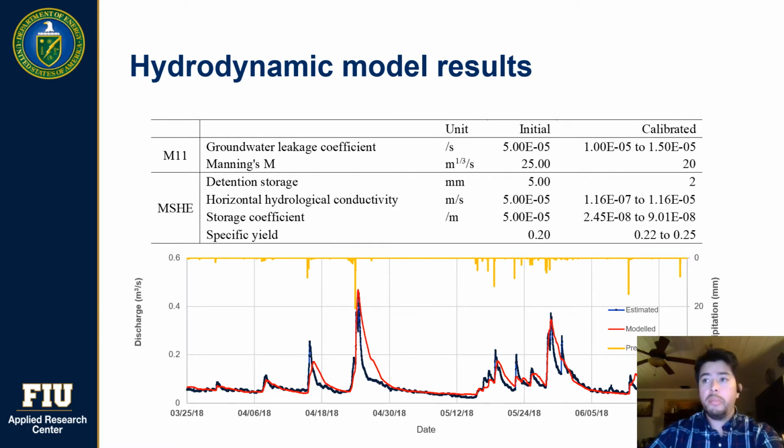Following the model development, we ran a sensitivity analysis to identify the model inputs that are most influential to the outputs. After the model was calibrated, it was able to predict very closely to the observed data, as described here by this hydrograph. At the bottom of the figure, represented in a bar plot, is precipitation distributed by time and magnitude. Meanwhile, the blue line represents the stream flow, or what others might call observed data. The red line represents the predicted or simulated data values.